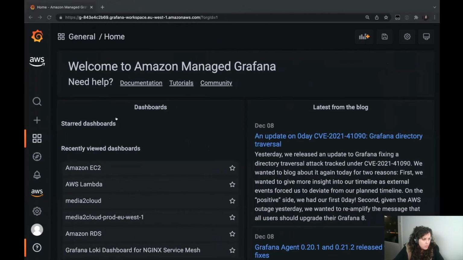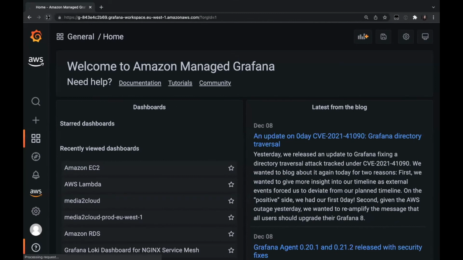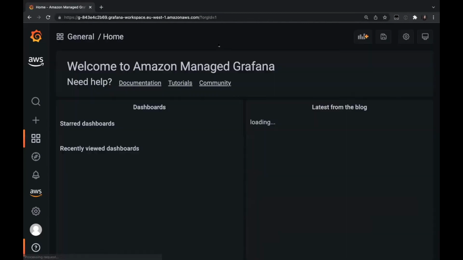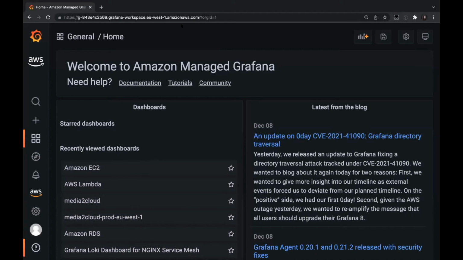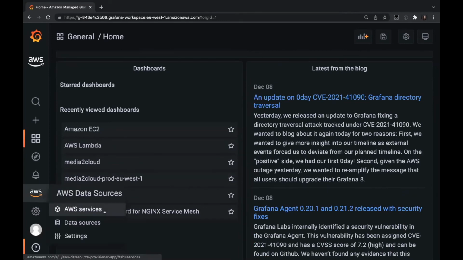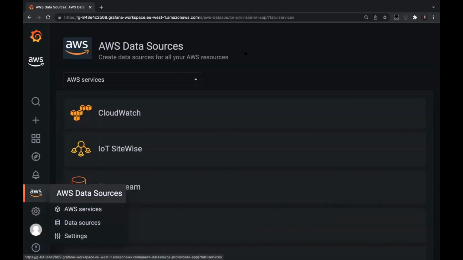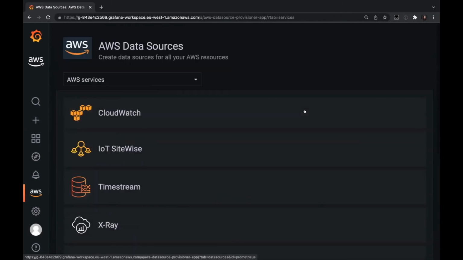I hope that my session is not expired, because this is the luck when you do demos. So this is how the managed Grafana looks like, Amazon Managed Grafana. You can create a workspace within your AWS environment, and that's essentially a Grafana environment. And that allows you to add different data sources in your Amazon Managed Grafana,